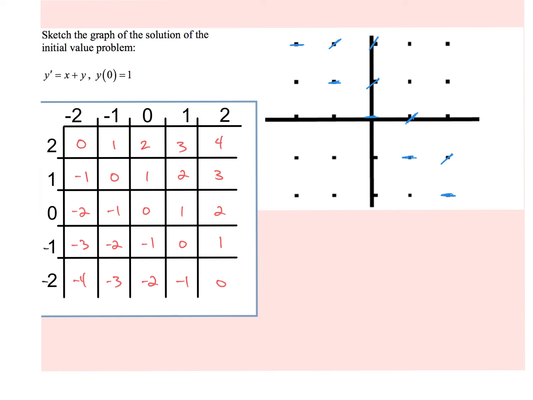So when I'm looking at 2, if I'm looking at doing the slope of 2 here, I'm kind of going right there. You follow me? All right, and then more slopes of 2. And then slopes of 3. And then slopes of 4, which is super slopey. All right. See how we created that slope field. All right. And then on the next portion, so now we're doing the negatives. So negative 1,